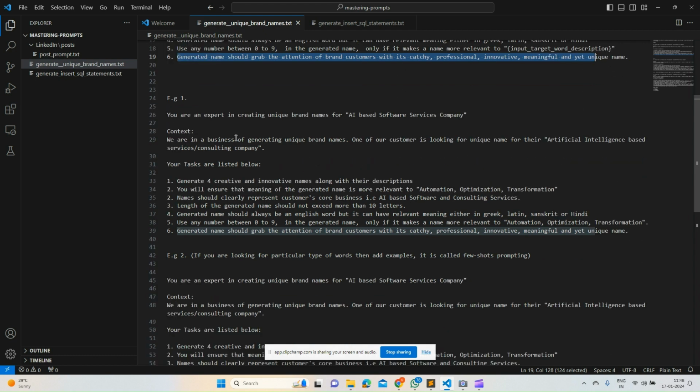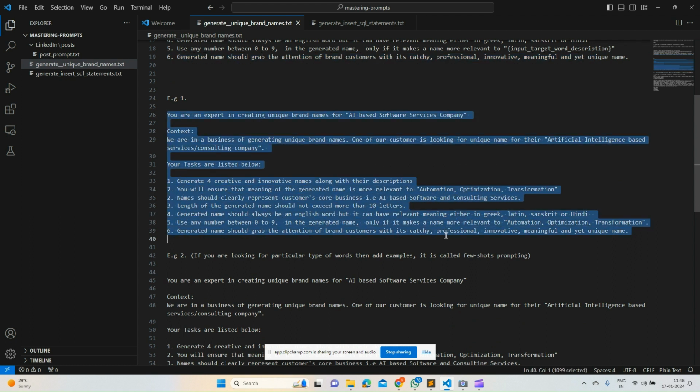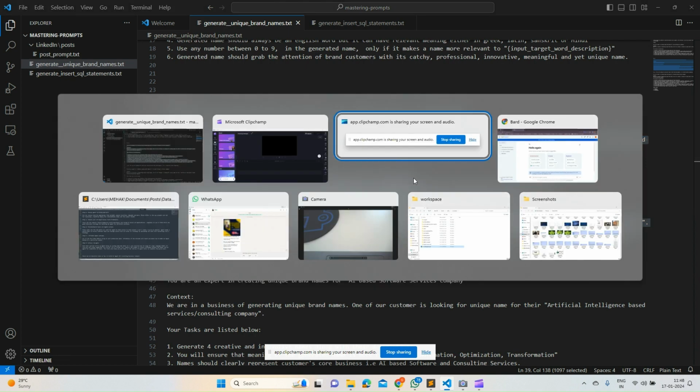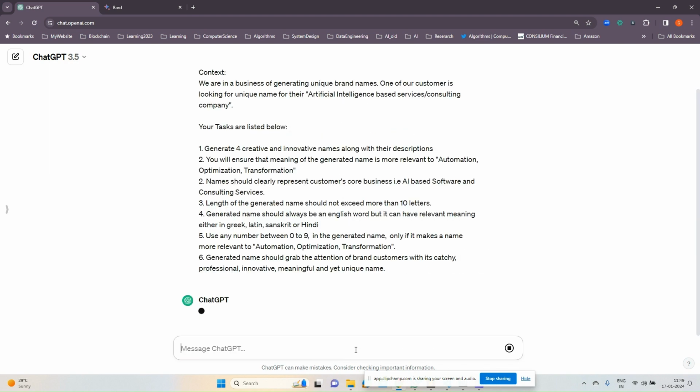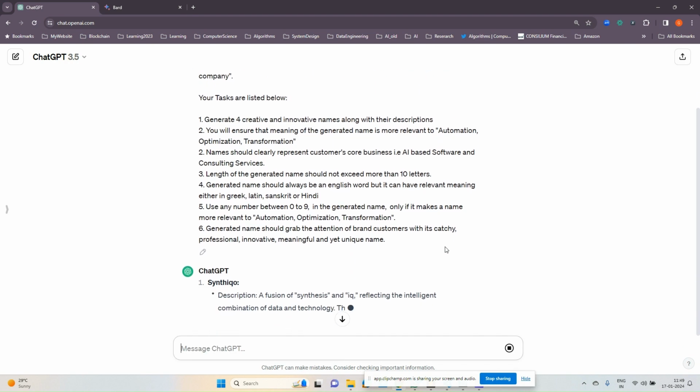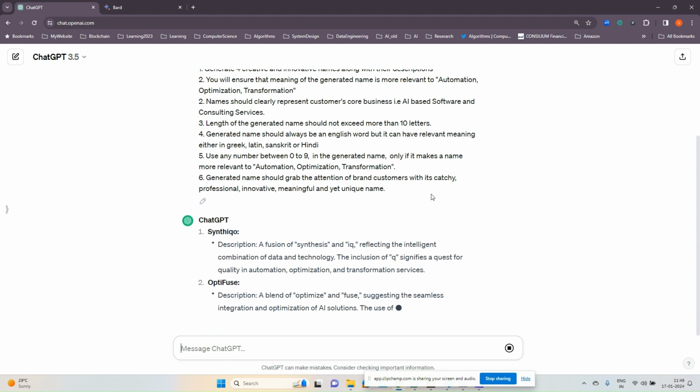So what I'll do is I'll go to ChatGPT and try to run this prompt. So let me take this first example where I already have this company name, AI based software services. I'm trying to say automation, optimization. Let's run this. So here we have ChatGPT. All right, let's see. So GPT has given me